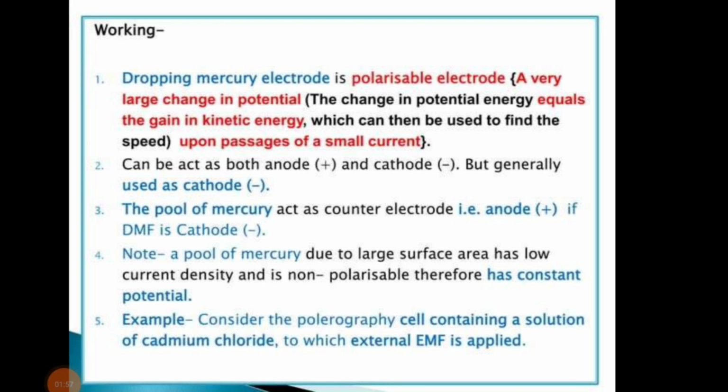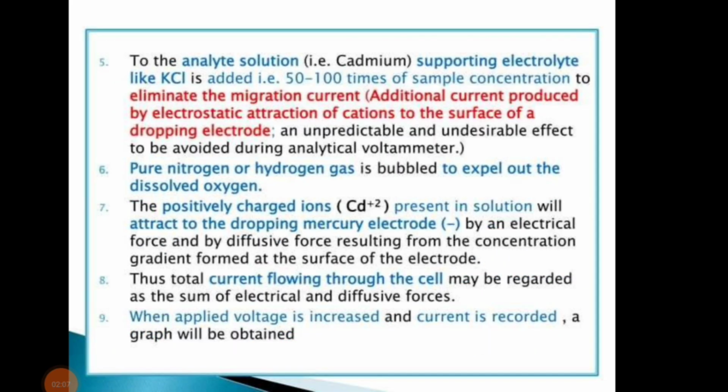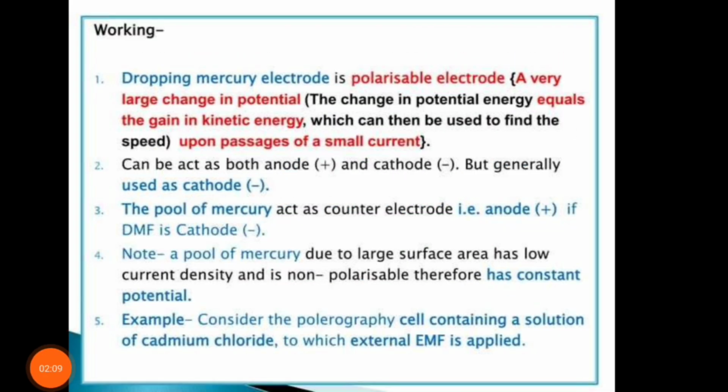The DME can act as both anode and cathode, but is generally used as the cathode. The pool of mercury acts as the counter electrode, that is the anode, if the DME is the cathode. A pool of mercury, due to its large surface area, has low current density and is non-polarizable, therefore it has a constant potential. As an example, consider a polarography cell containing a solution of cadmium chloride to which